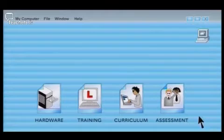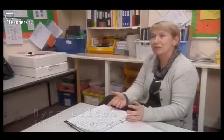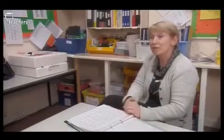Two years into the strategy, what's been achieved, and what is there still to do? When I was first here, if you'd gone into the ICT suite, it wouldn't have looked anything like it does now. The computers were all over the place, there were no workstations, there were no tables as such, nothing organised at all. One of the key priorities in the plan was to get the ICT suite running properly and used